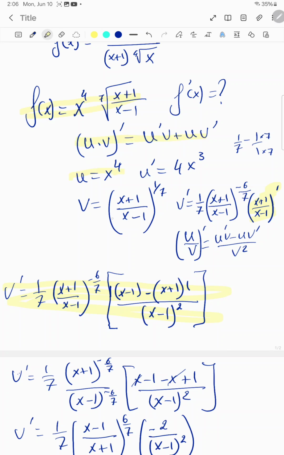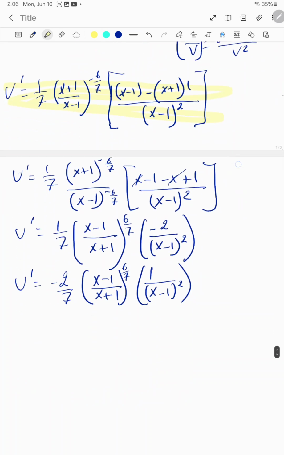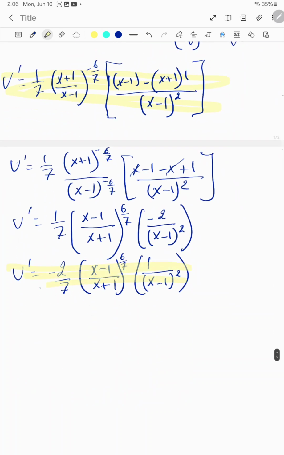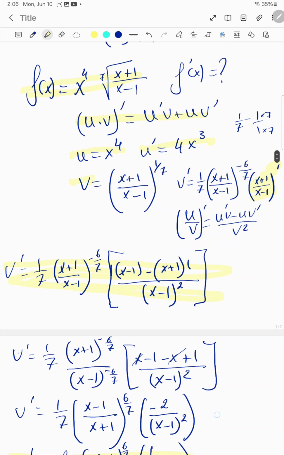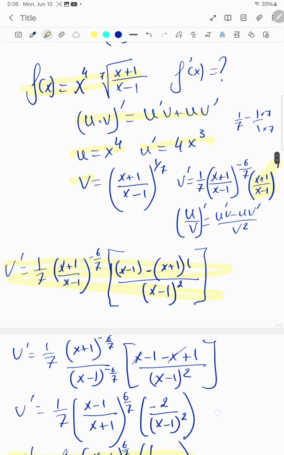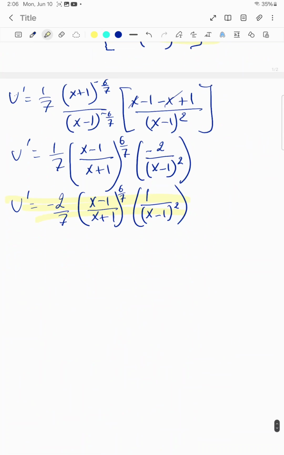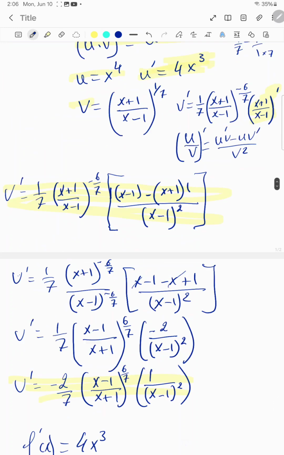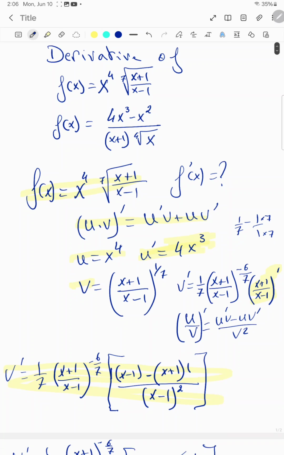I have my u, I have my v, I have my u prime, and at the end here I have my v prime. So it is u prime v, and my u prime is 4x to the power of 3. So f prime of x is equal to u prime, which is 4 times x to the power of 3, u prime v, and my v is,